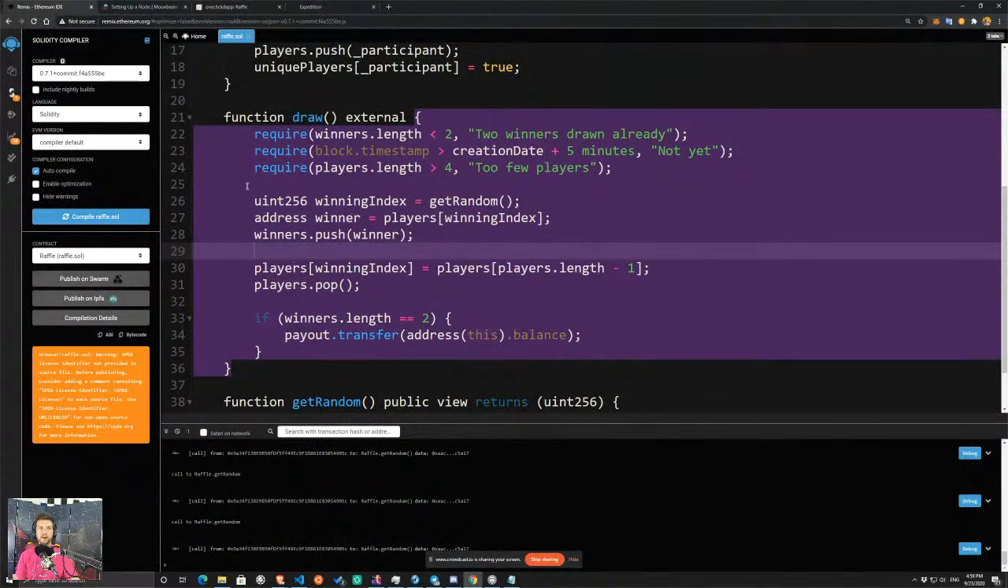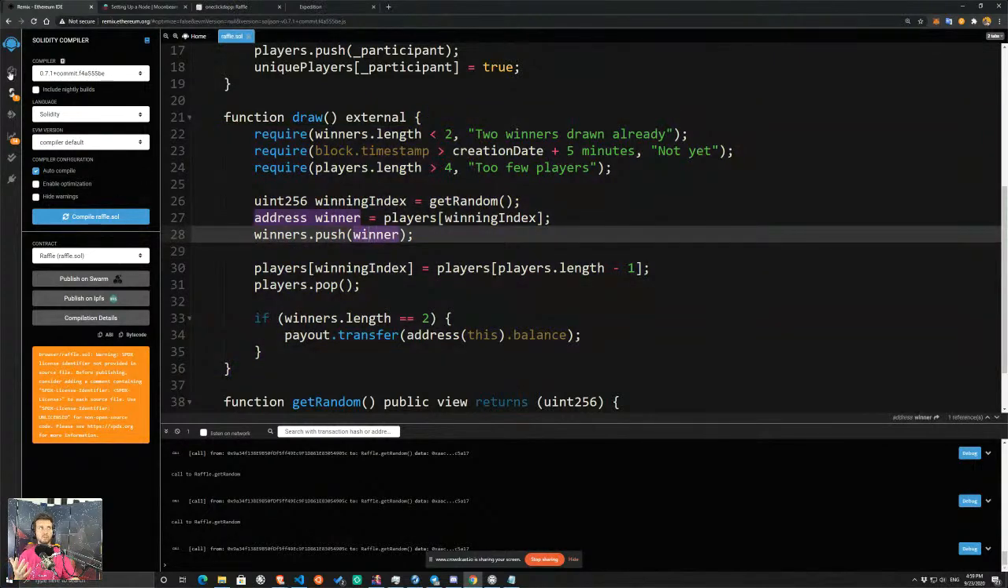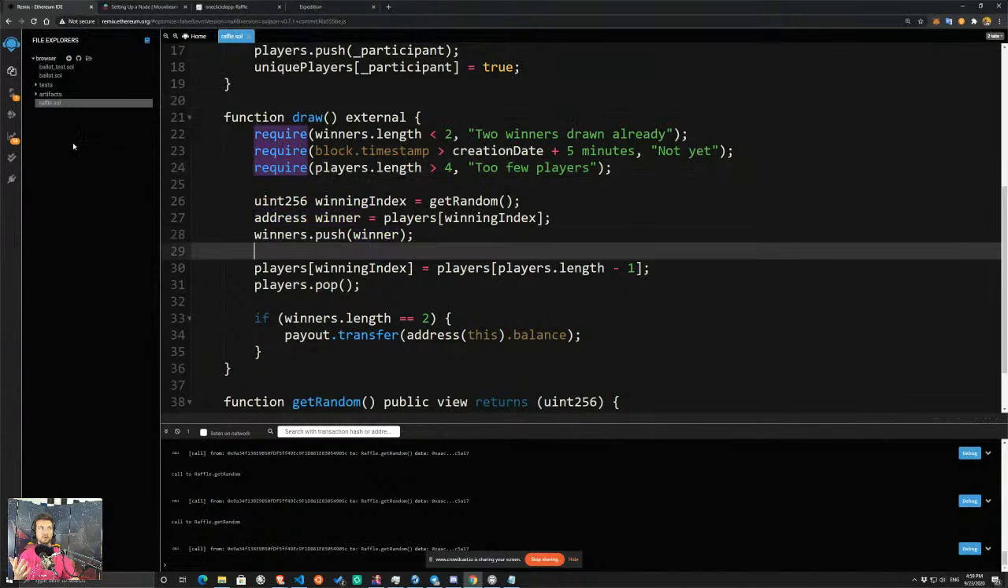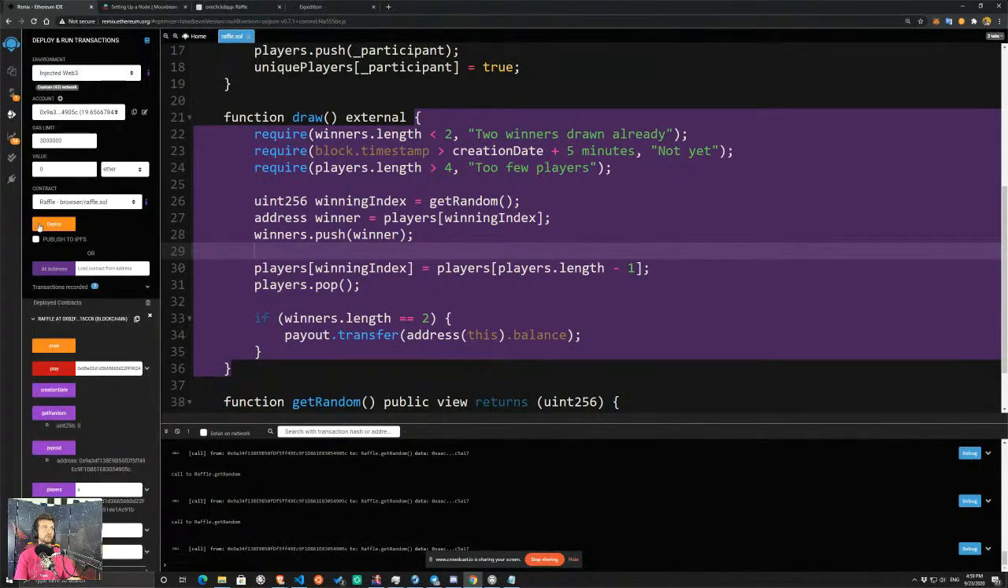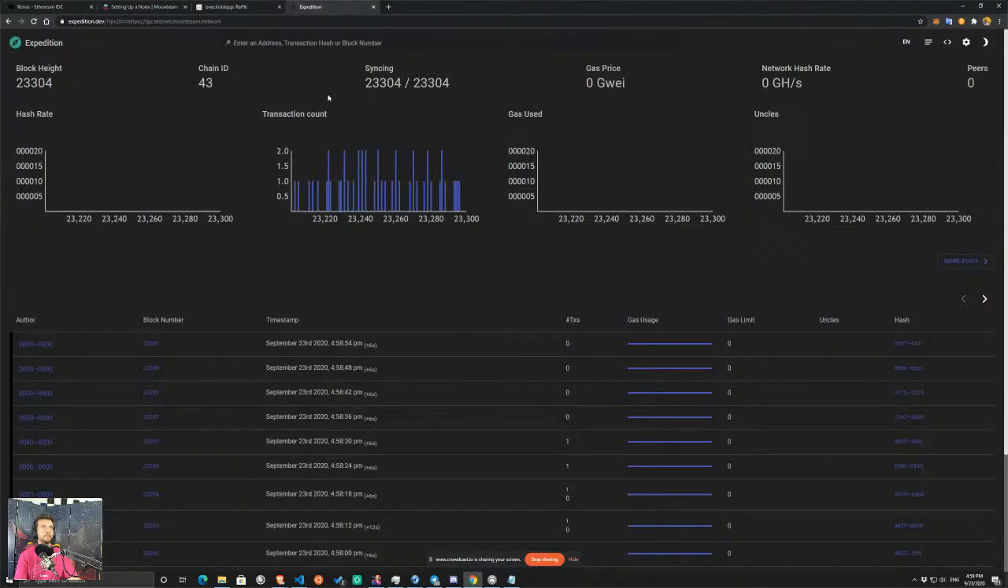It works. The raffle is live on an Ethereum clone, and we can interact with it. It's just Solidity code. We can add players into it, and we can draw some winners. And in fact, I think the Explorer should support this. Let's check this out. If we search for the address,